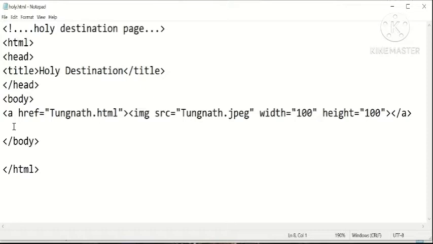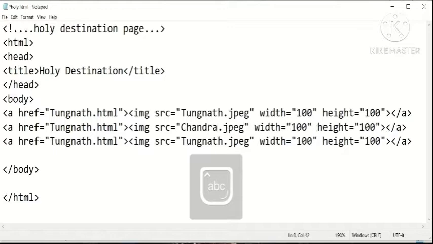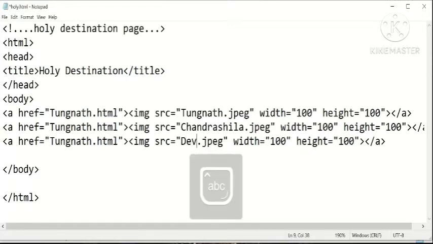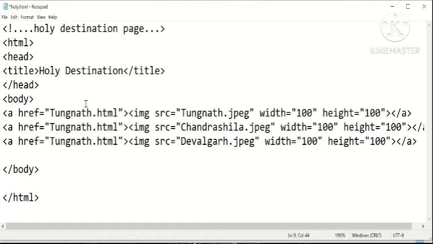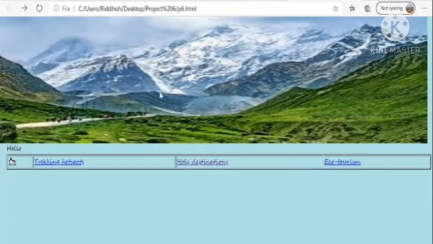But before that, let us add some other images so that our web page has 3 options to choose, right? We have 2 more images. Please note that the images and the HTML pages of the whole website will be contained in a single folder. So we are giving the relative reference. We are not giving the absolute address in this case, because they are all in one single folder.